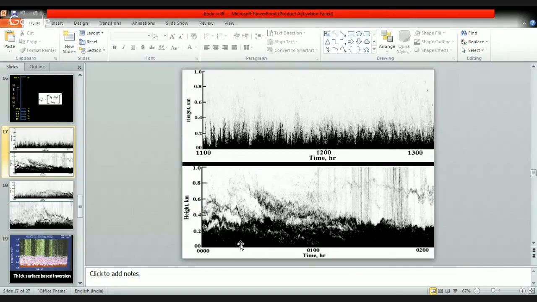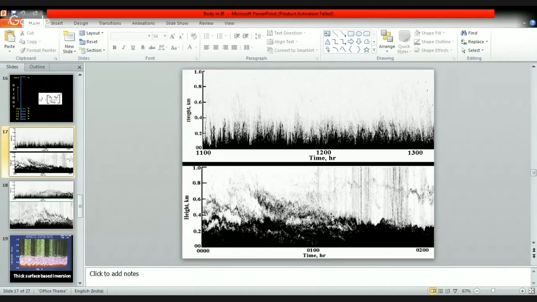Now, what happens in an inversion? Because the temperature of this air is lower, it cannot move up. It is much heavier than the air aloft. So whatever air pollution we liberate will remain suppressed by these layers. In the night time, if these inversions are present, they will not allow any vertical churning. The pollutants will have to move in the horizontal direction along the direction of the wind, and therefore the pollution density will be much higher.